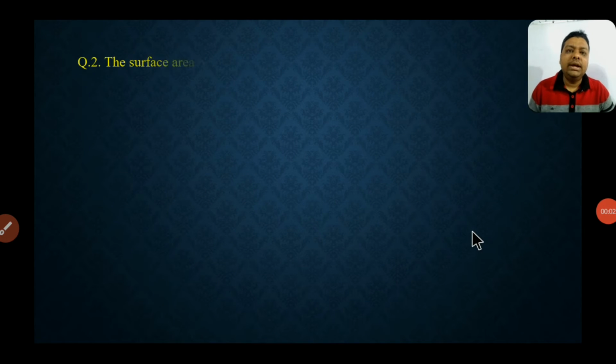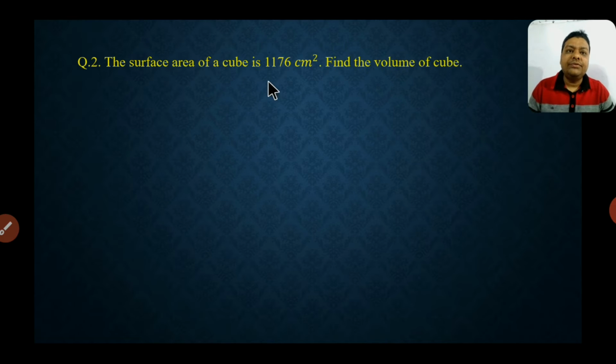Now students, here you can see in this question that the surface area of cube is given. We have to find the volume of cube. So in all the word problems which we have solved previously, I told you that at first we have to see what we have to find and what we need. Okay. So find the volume of the cube. To find the volume of cube we need the side. Okay. But the side is not given. Yes, the surface area is given. So we can find the side with this surface area. So let's do it.